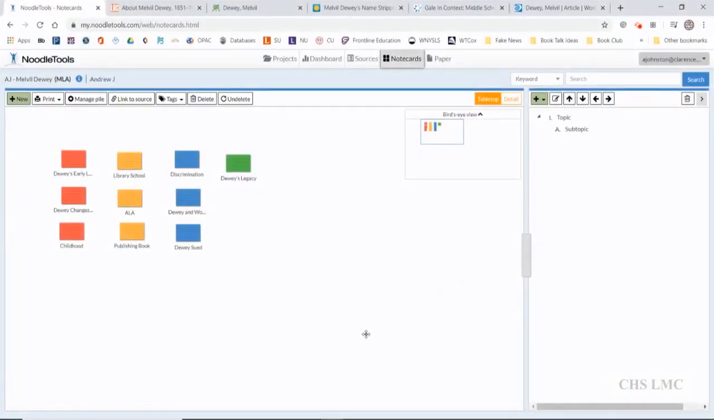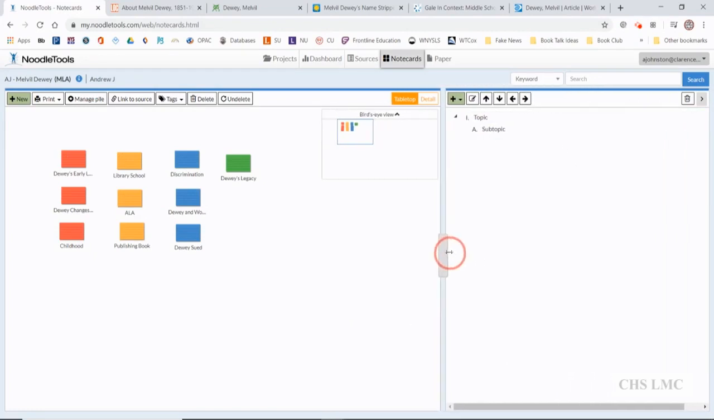Once you have all of your note cards completed, all the boxes filled in, we can start organizing them and then adding them to the outline feature, which is over on this side. You can spread things out and you see you have topics, subtopics. So the outline feature is very useful for organizing the notes you've been taking and preparing for